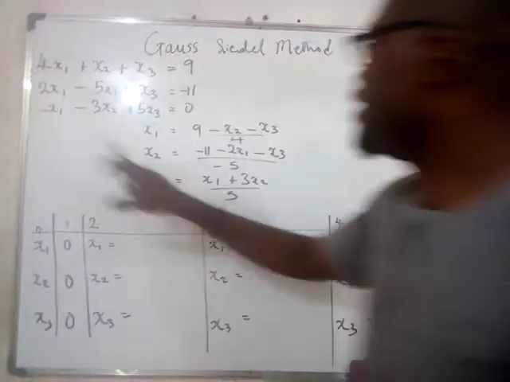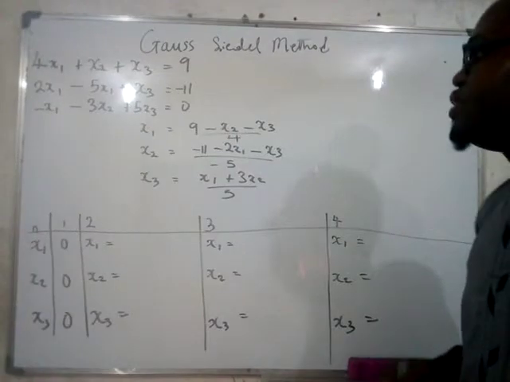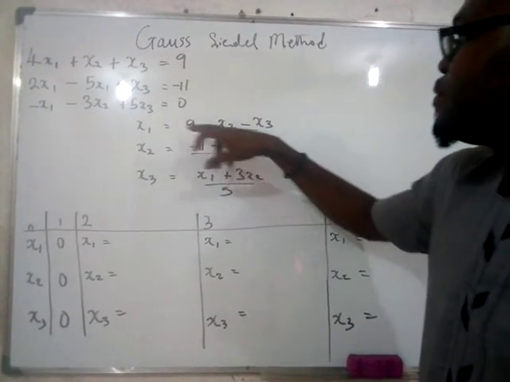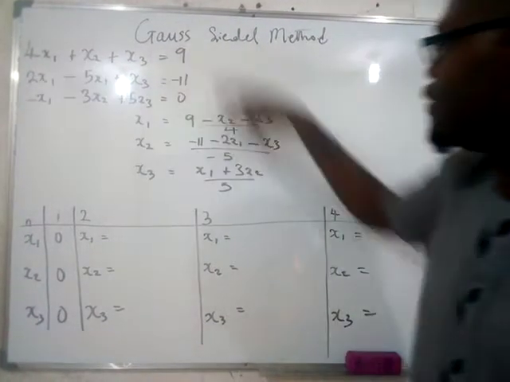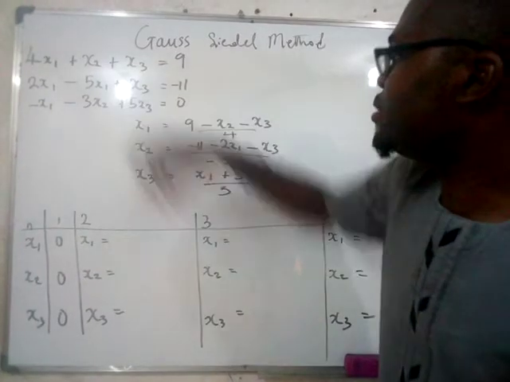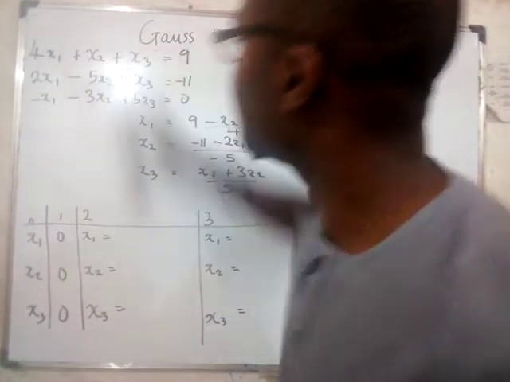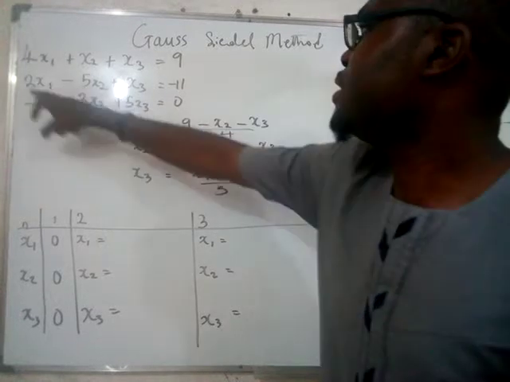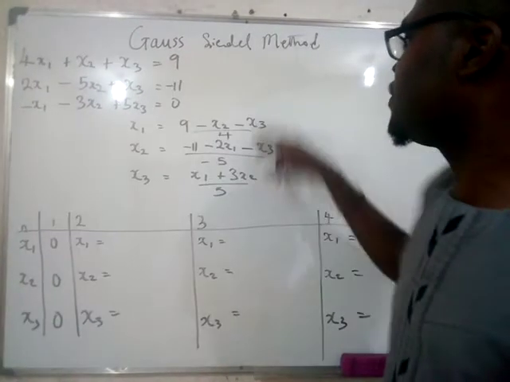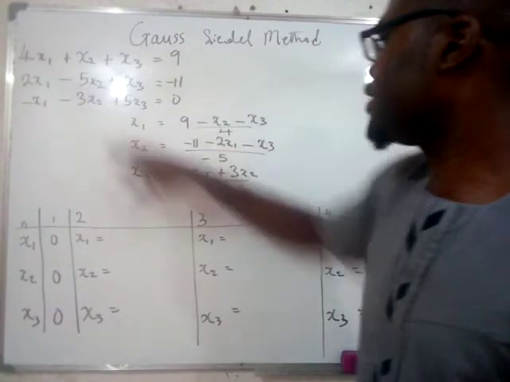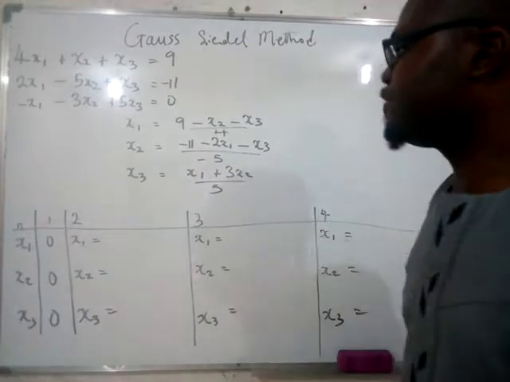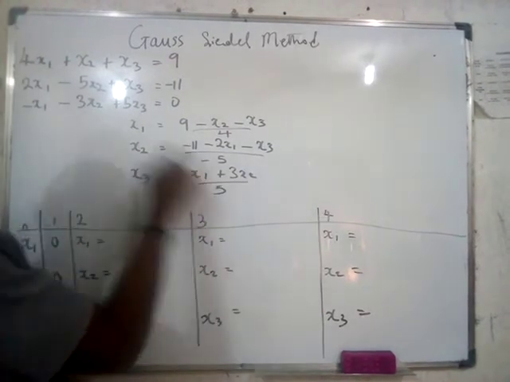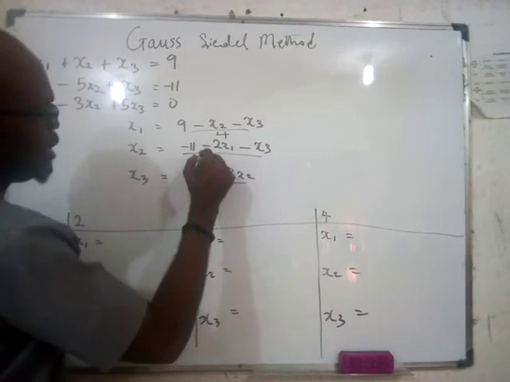You do the same for x2, but this time using the second equation. So it's going to be minus 11, you take this one over, minus 2x1, then this one over, minus 3, all over the coefficient of x2, which is this time minus 5. Remember in the last one I solved for the Jacobi method, I didn't put minus 5 here, so it should actually be minus 5 since there is minus 5 here,